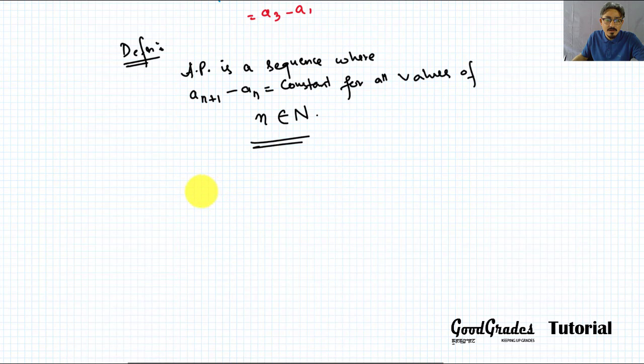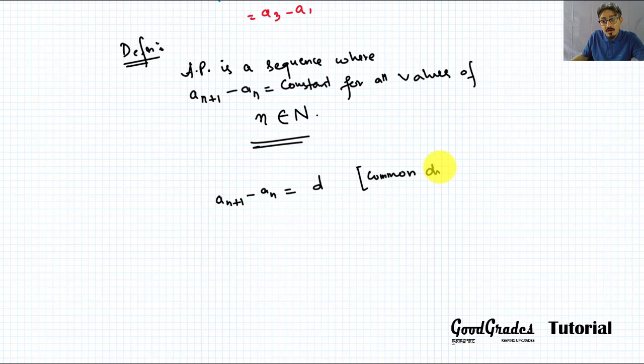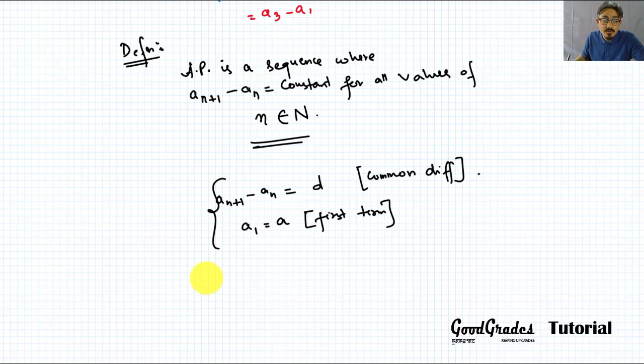Some terminology we use in the series: the an plus 1 minus an, we call it d, which is nothing but the common difference. And the first term, which is a1, is always written as a, the first term. These are the two important nomenclatures that we would be using while solving the upcoming questions